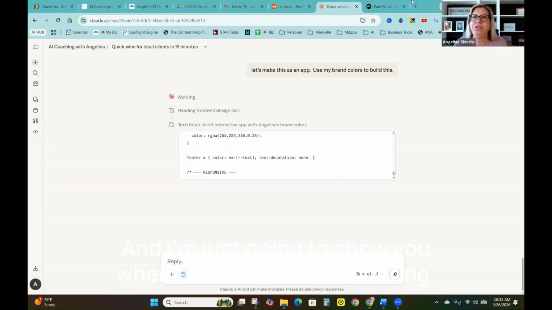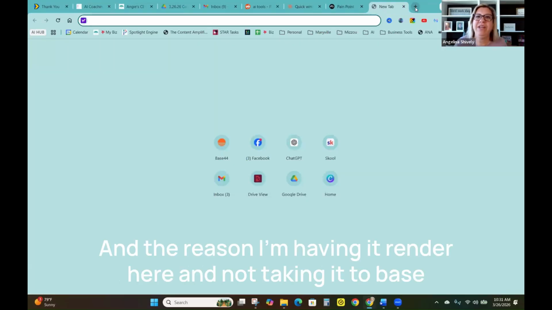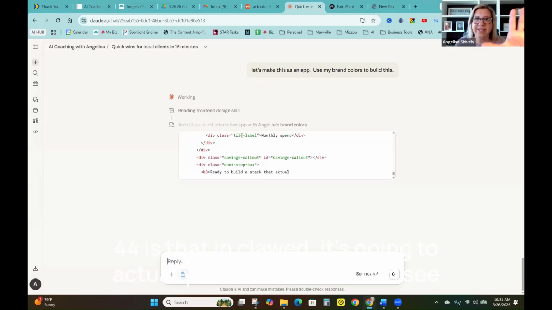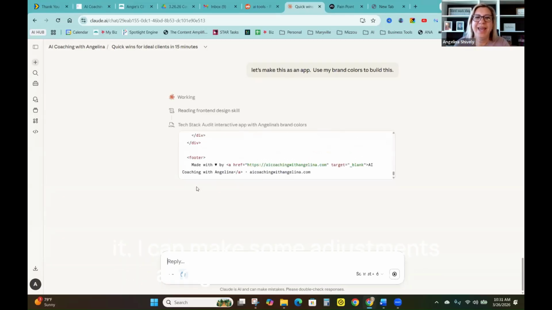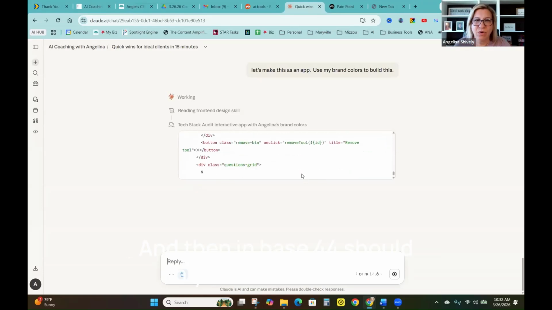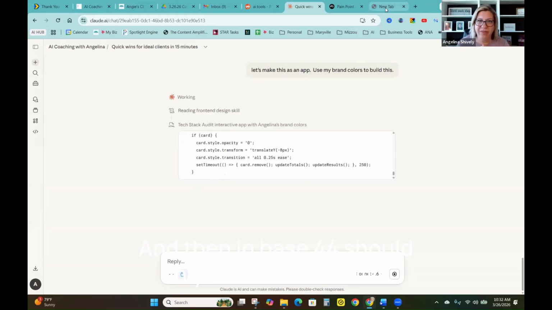I'm just going to show you when this is finished rendering. The reason I'm having it render here and not taking it to Base 44 is that in Claude, it's going to actually build it so that I can see it. I can make some adjustments and get the exact code. And then in Base 44, it should only cost me like 1 to 2 credits to actually build that app,